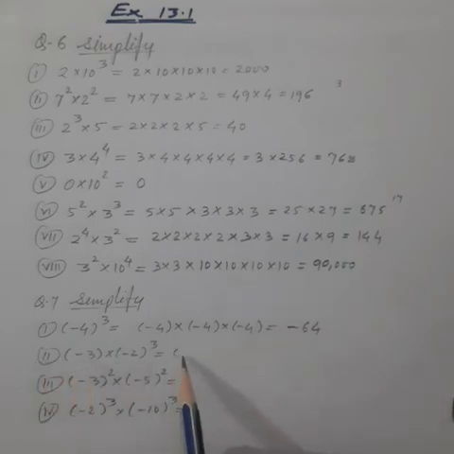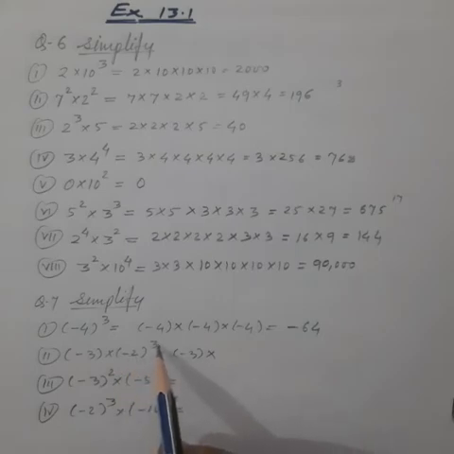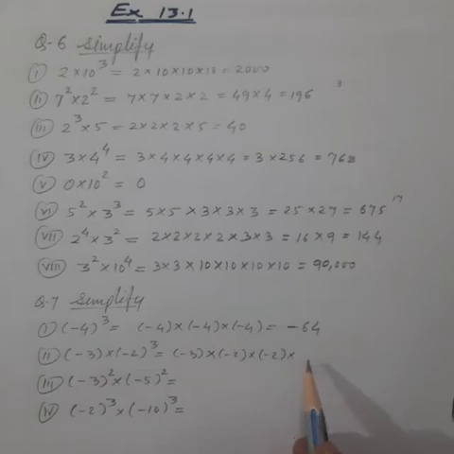Second, minus 3 into minus 2 raised to the power 3. Minus 2 is repeatedly multiplied by itself 3 times. In this product, minus sign is 4 times. So, product is positive. Opposite of opposite is positive. Again, negative of negative is positive. Now, multiply. 2 2s are 4, 4 2s are 8 and 8 3s are 24.